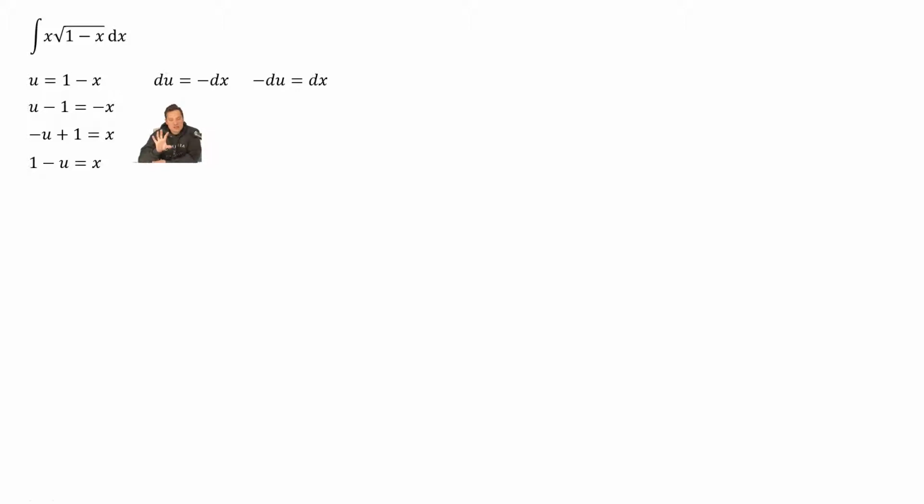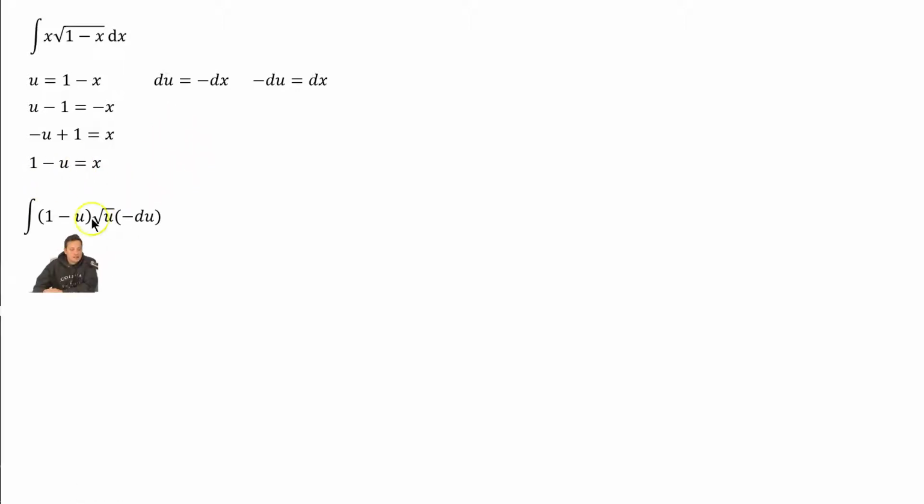So these are all the pieces that we need, and now we can replace dx, we can replace 1 minus x, and we can replace x. So let's go through that process. I've done that right here. So as you can see, I'm replacing x with 1 minus u. That's from this step. I'm replacing 1 minus x under the root symbol with u, and I'm replacing dx with